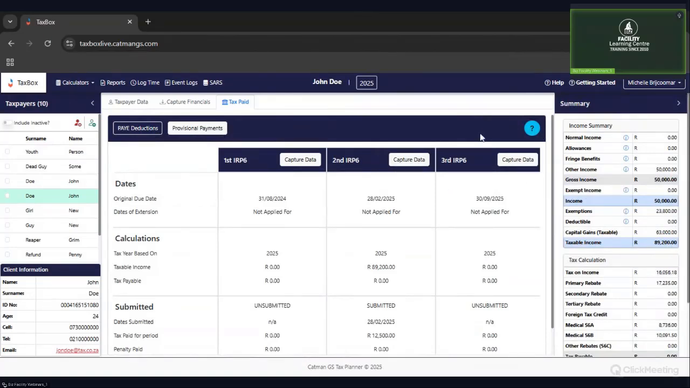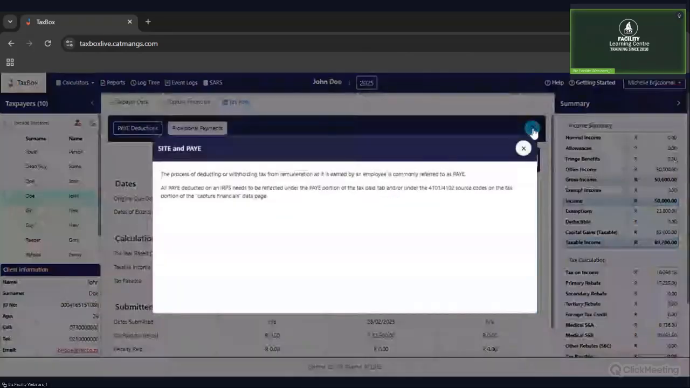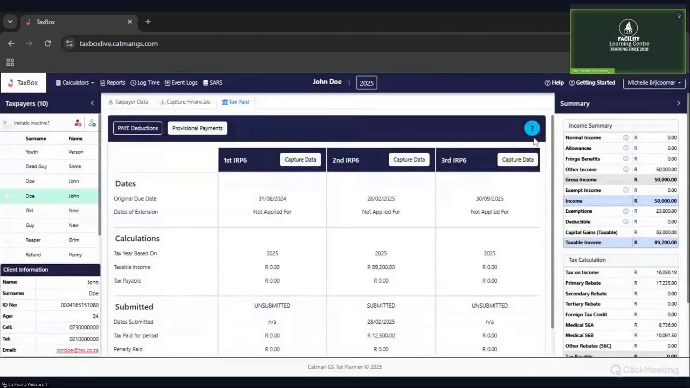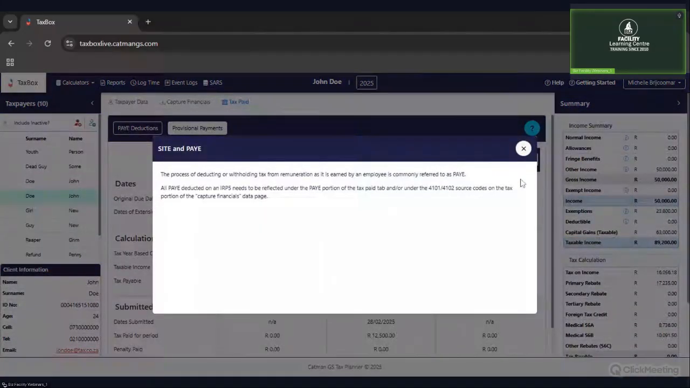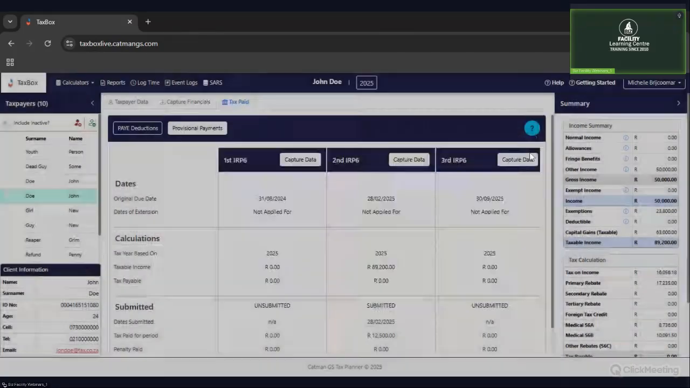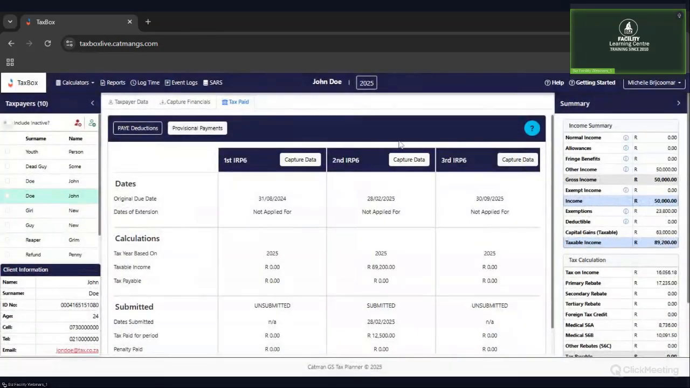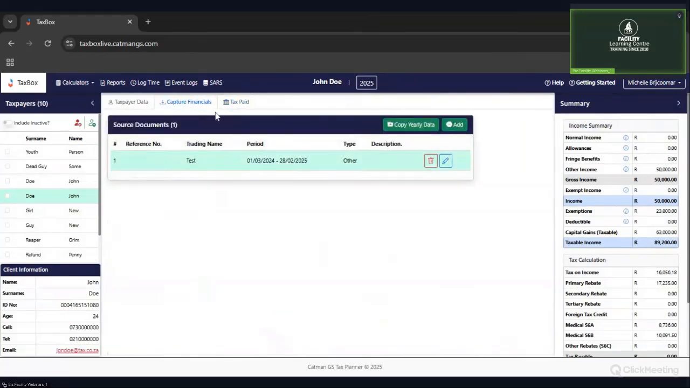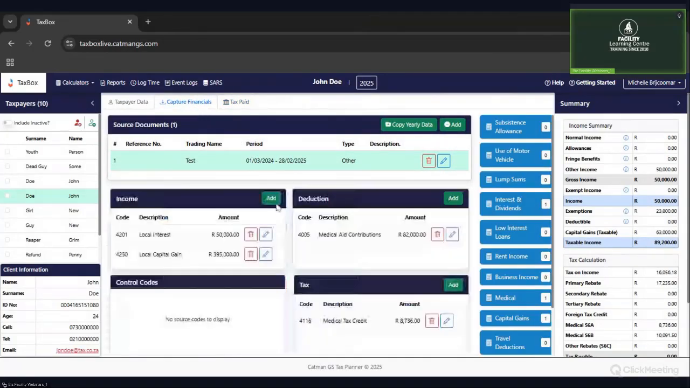I just want to let you guys know that there's also help buttons throughout the calculators, almost everywhere that you can think of. There's a little question mark. You're more than welcome to utilize this, read the notes should you feel lost or need some direction with the program within itself. So just going back to capture financials, we're now ready